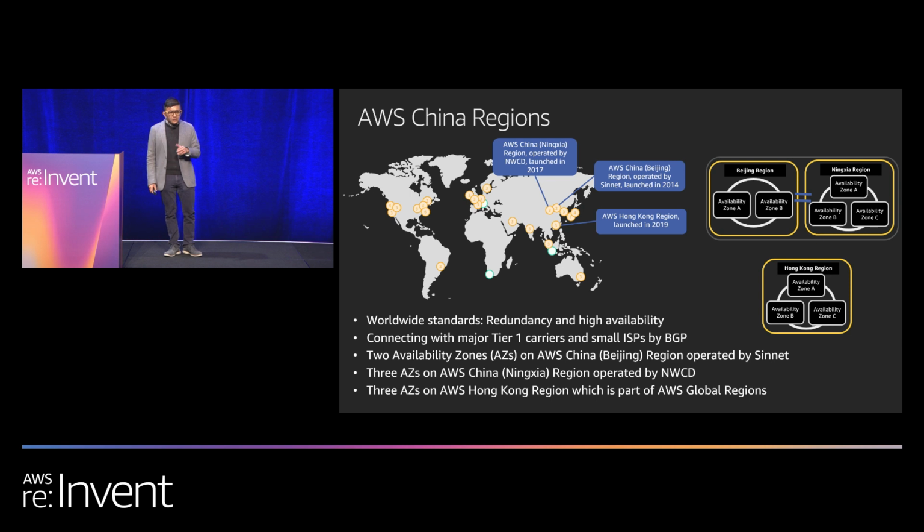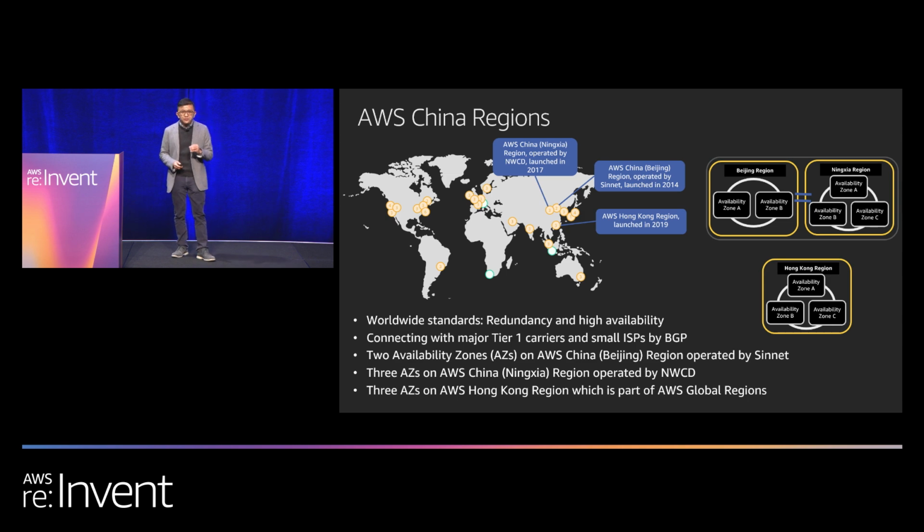Note, we launched the Beijing region back in 2014, so we have been operating that region for 5 years right now. The second region is in Ningxia. As you can see from the chart, one of them is with 2 AZs, the other one is with 3 AZs. Ningxia is more complete with 3 AZs. You see that I'm using familiar terms: regions and availability zones. We have designed the data centers in exact same manner that you have known us for, very consistently. You can expect the same standard, same quality, same design in the data centers inside China.